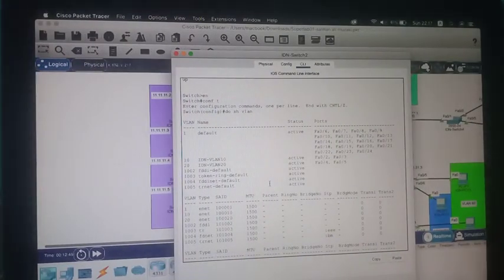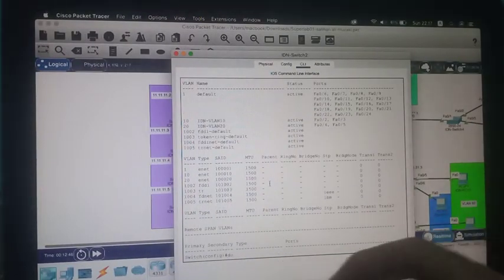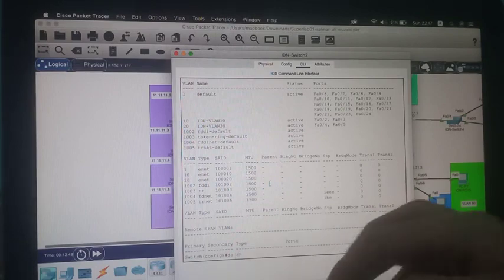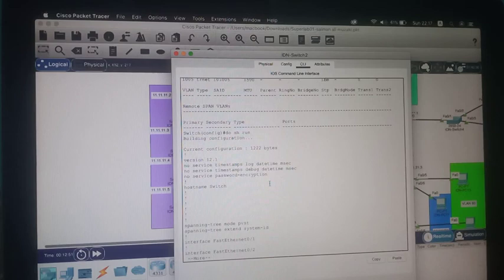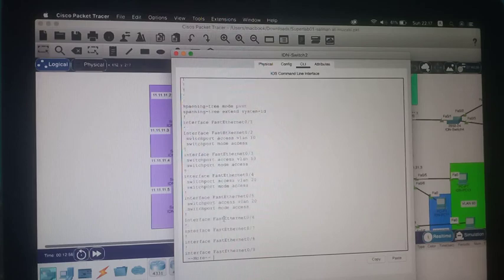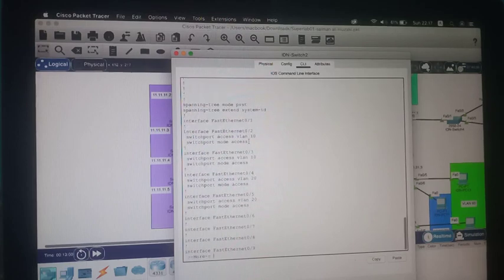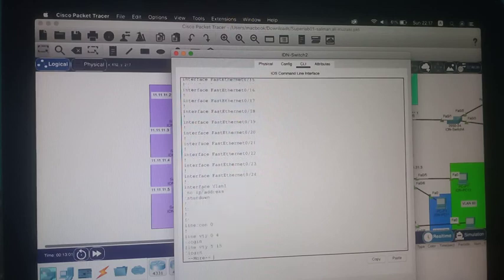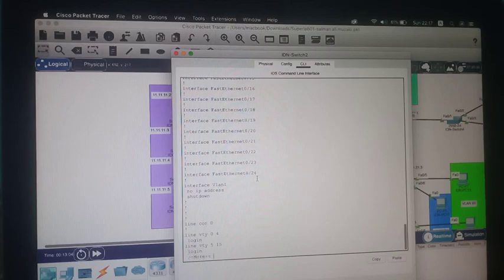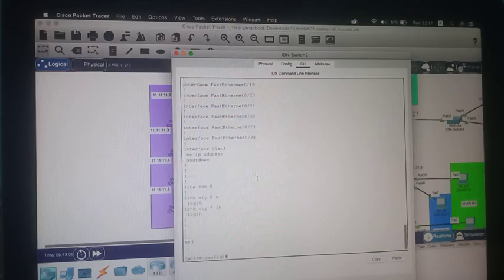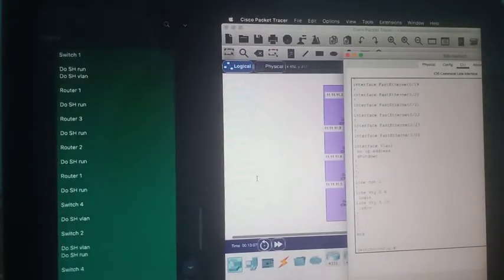The VLANs are active, from VLAN 10 to VLAN 20 and more. For this, interface 0/1 and more up to 0/24.